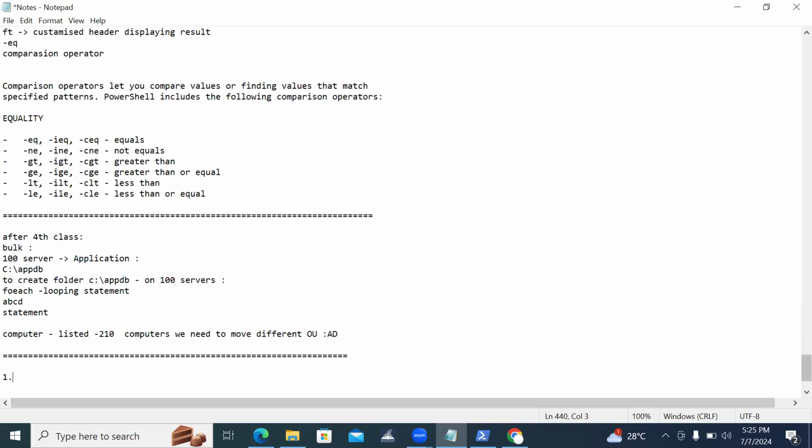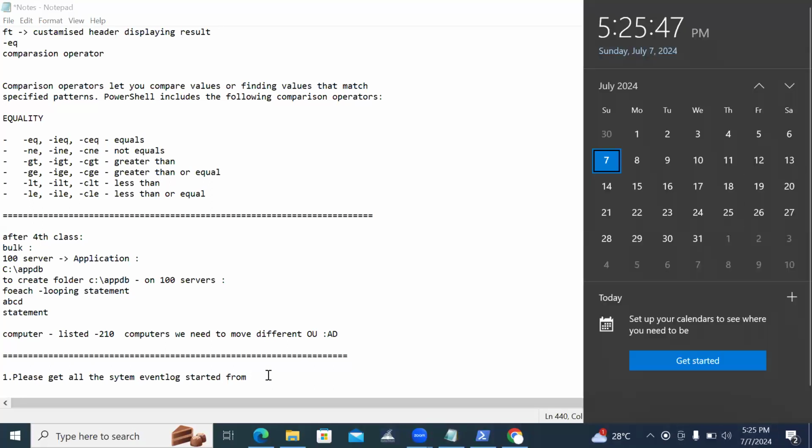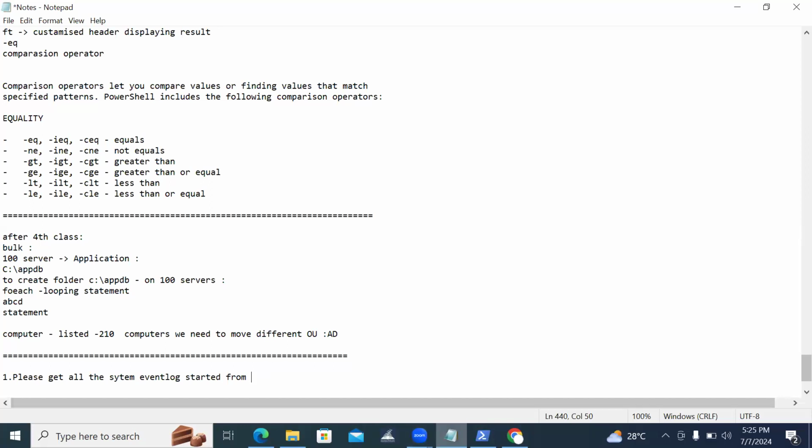Okay, please get all the system event log, system event log started from, you can take it, 3rd July, till today,